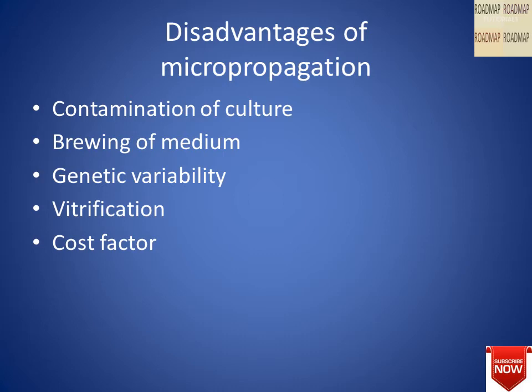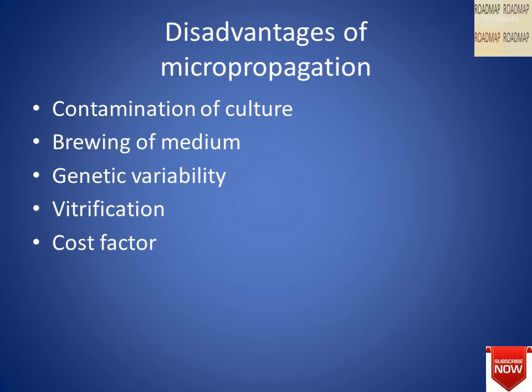The third is the genetic variability. When micropropagation is carried out through different cultures such as the shoot tip culture, genetic variability is very low. Now, the use of adventitious shoots is associated with pronounced genetic variability. Then the